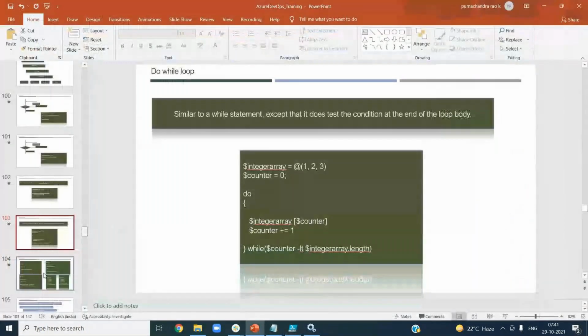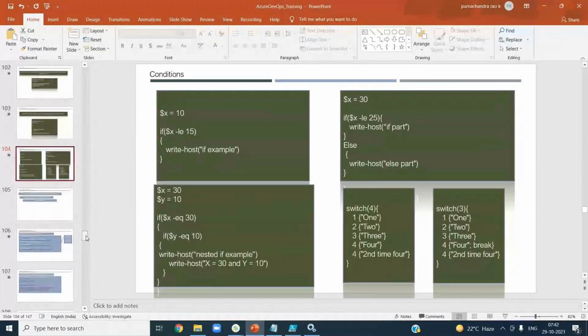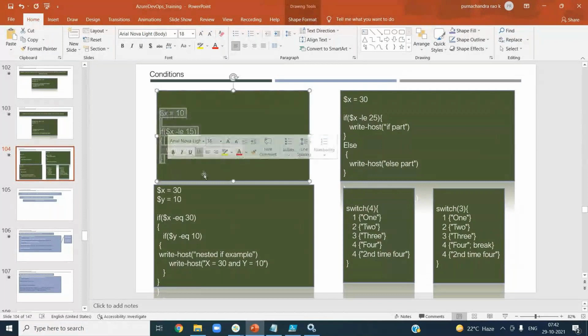So that's what do while does. So now you know looping the data using for loop or foreach loop, while loop or do while loop. Now the other thing that you have is conditions: if, if else, and nested if as well, if else if, like that. It is to write your logic or execute your logic based on some conditions, right? This is there in each and every programming language and each and every scripting framework as well. Let's go and see how you write your methods.